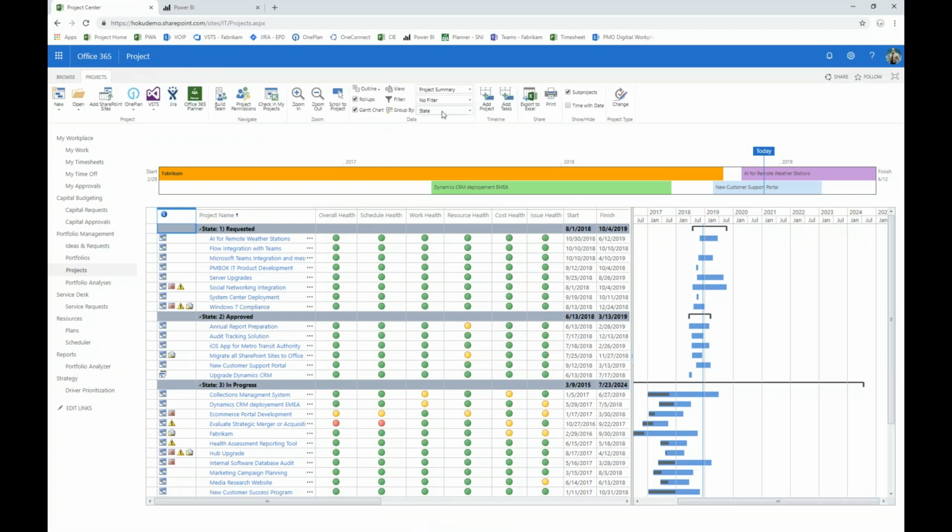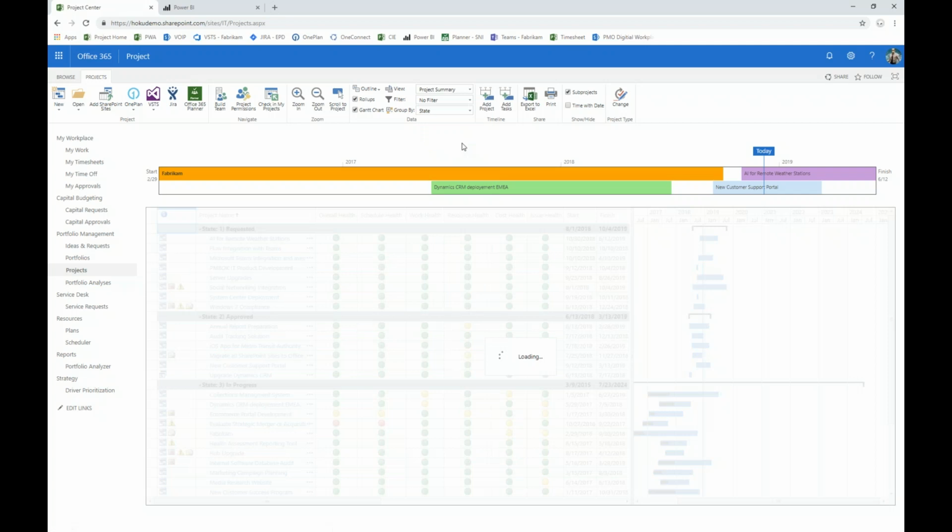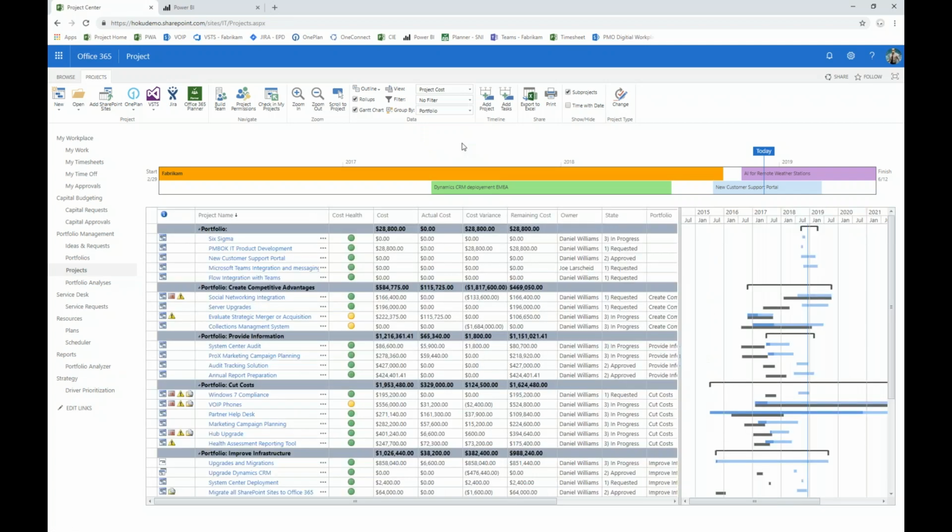So there's multiple views available within these centers as well. Project Online ships with approximately half a dozen different views, including a summary view, a cost view, earned value, etc. So it's easy to switch between those views. This project cost view is maybe only available to financial managers and executives. It typically would not be available to team members, for example, who might not have a requirement to see cost information. You can very easily flip these views if they're available to you, or hide them from people that should